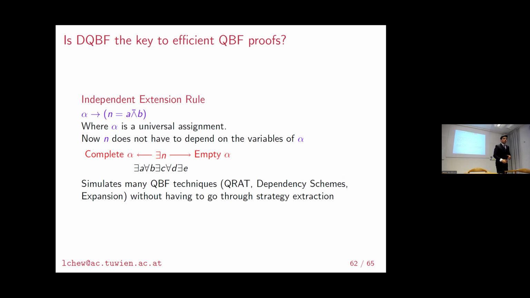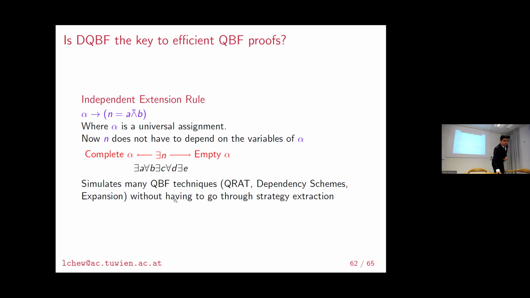And once you do so, this is the secret to simulating a lot of these QBF proof systems that don't have strategy extraction. For example, QRAT, various kinds of expansion combined with Frege, and all these other dependency schemes. You can do the simulation without having to go through the strategy extraction technique. While that was very good in theory, a lot of the work with strategy extraction got very complicated, and strategy extraction in some ways was ending up as a bottleneck to efficient simulations. So now, using this